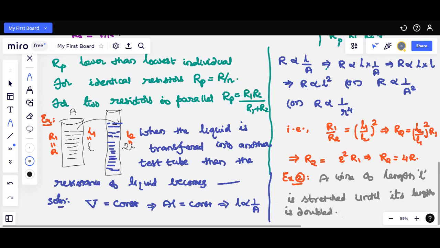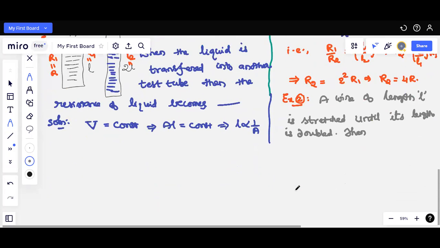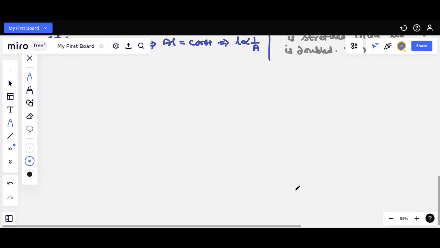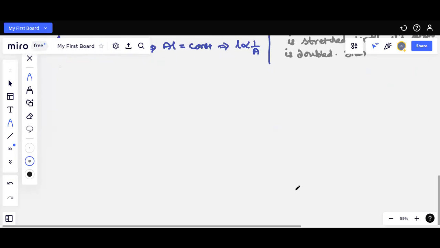Stretch చేసామంటే, once again you think. Same as above. Yes, exactly. When we stretch the wire, length increases, simultaneously area of cross section decreases, and again both are changing. Both are changing అంటే again R is directly proportional to L square. So again we write R is directly proportional to L square in case of stretching. That implies